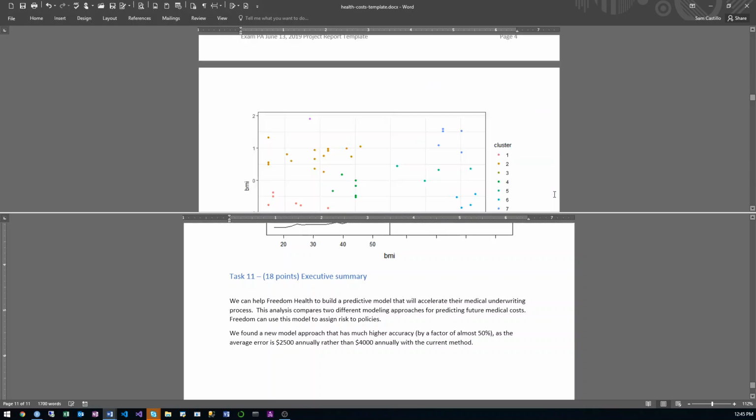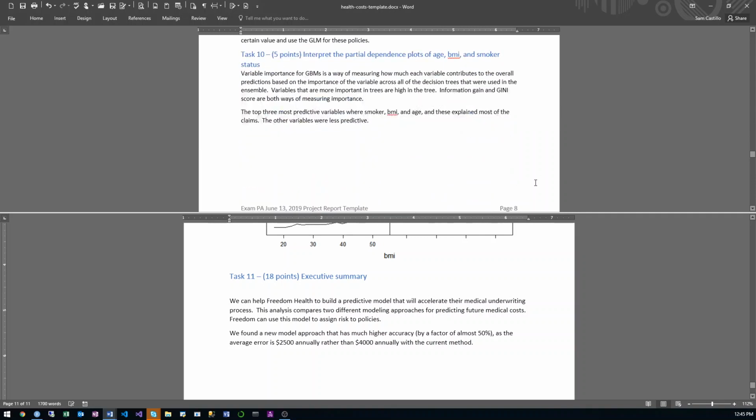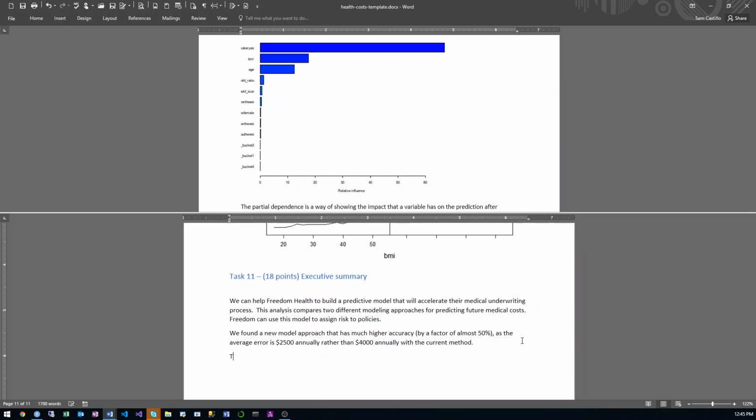And then I'll just provide some interpretation. So the three most predictive variables, smoker status, body mass index, and age, are the three factors which contributed most to a person's medical costs. The other variables